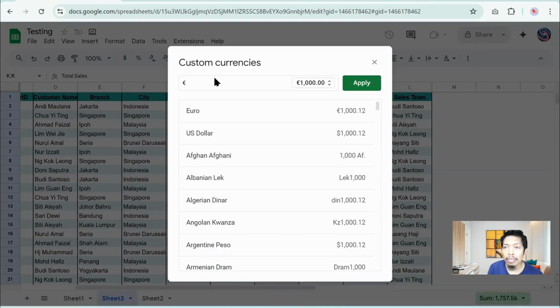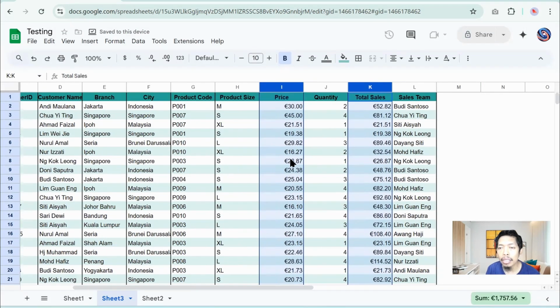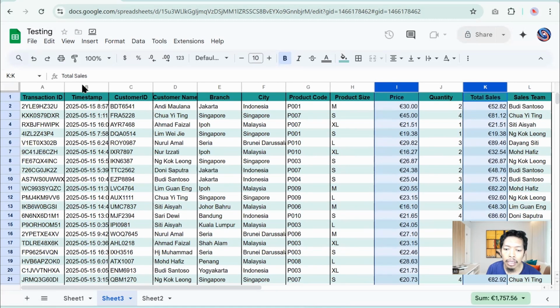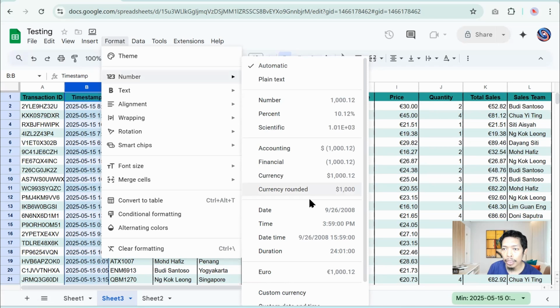In the search bar, type euro and choose from the available euro formatting styles. I like the first one, so I will go with that. Then click apply. I can also customize date formats here in column B by selecting it. Then go to the Format menu, choose number, and now I can pick the appropriate date format. But in this video, I'm only focusing on formatting currency columns.